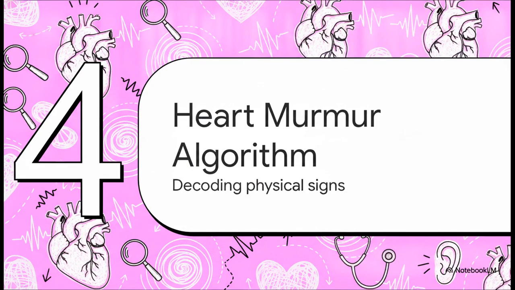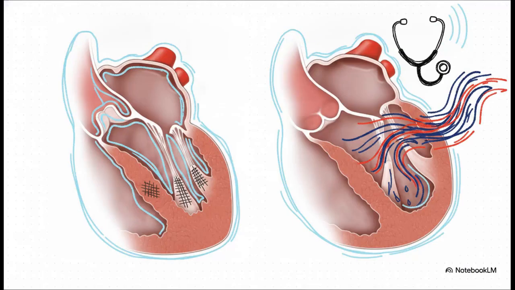Phase 4, the heart murmur algorithm. All right, once the history is taken, the medical detective moves to the physical exam, which is essentially their primary interrogation technique. Think about the anatomical cross-sections of the heart. The sounds a doctor picks up through a stethoscope are directly linked to the structural integrity of those internal chambers